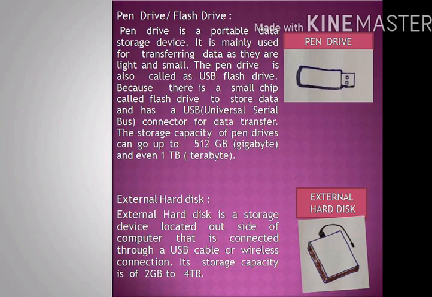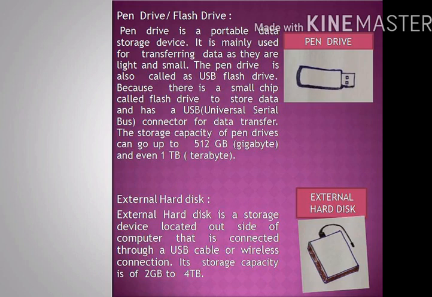The pen drive is also called USB flash drive because there is a small flash chip to store data and a USB, universal serial bus, connector for data transfer. The storage capacity of pen drive can go up to 512 gigabyte, in short GB, and even 1 terabyte,